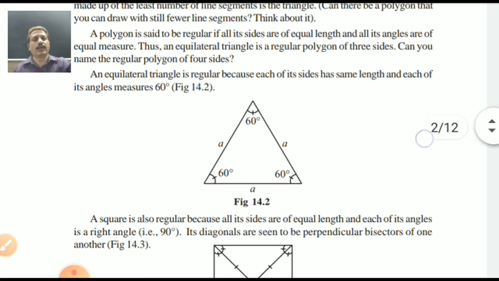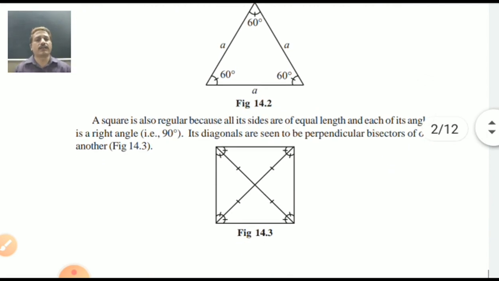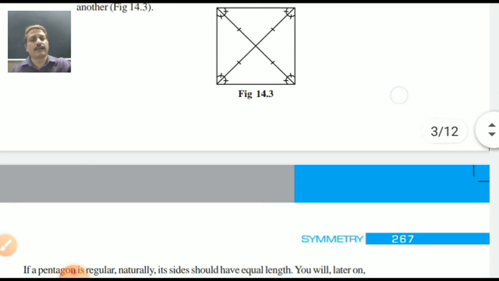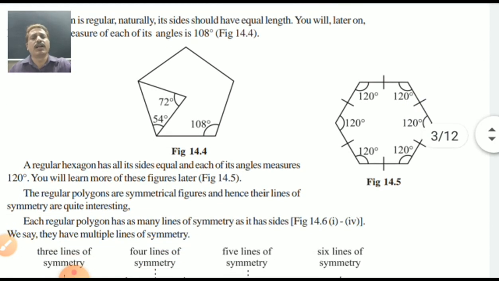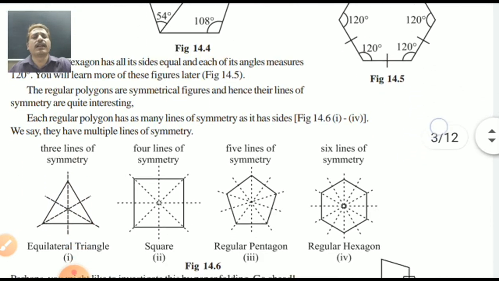Yes. Same way, a square has 4 sides, equal sides. 4 angles are also equal. It has also diagonals. 2 diagonals are equal. Pentagon 72 degree, 72 degree, between there 54, 108 together. Octagon 120 degree. Yes, my dear students, you can just see it's a very easy lesson. All the students will get the complete mark.